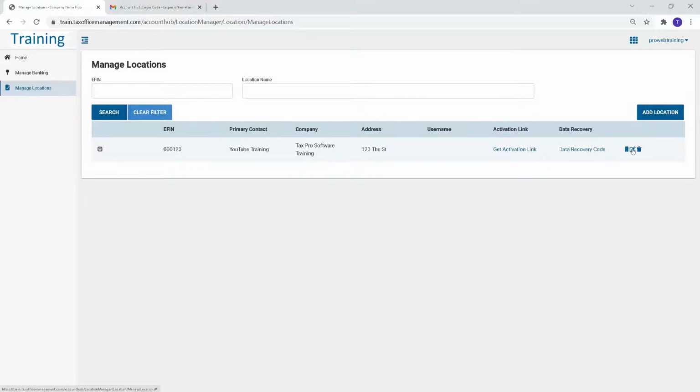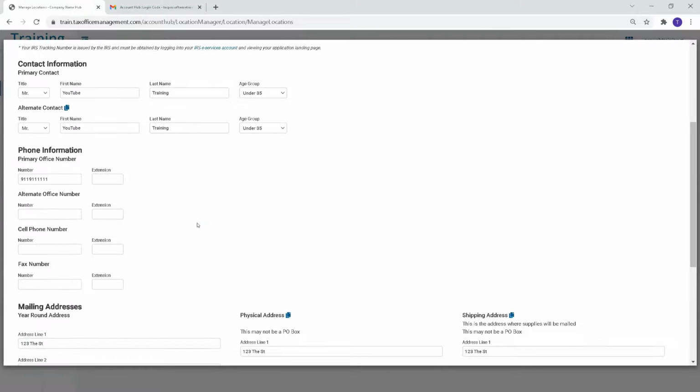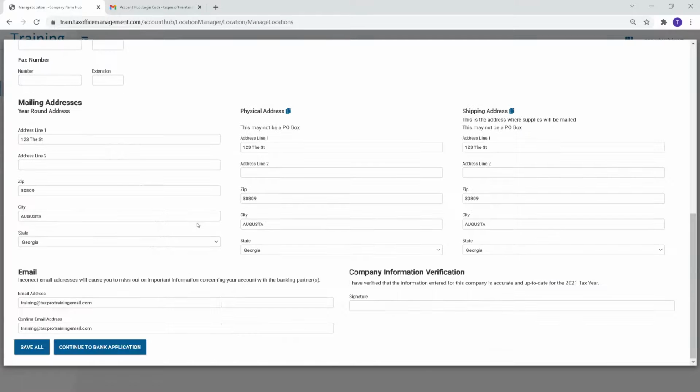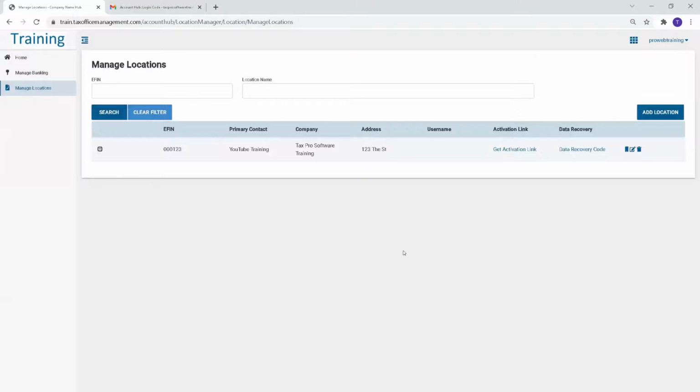And I have this edit button here that I can select. And I would just need to make sure that all of this information is accurate, just as though we did earlier with our My Account. And then I would save here at the bottom. Same exact process. Once this is saved and accurate, I can then go to Manage Banking,